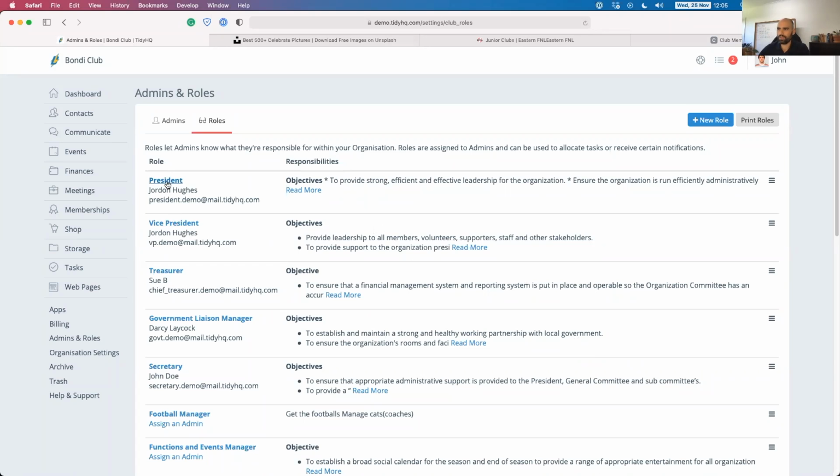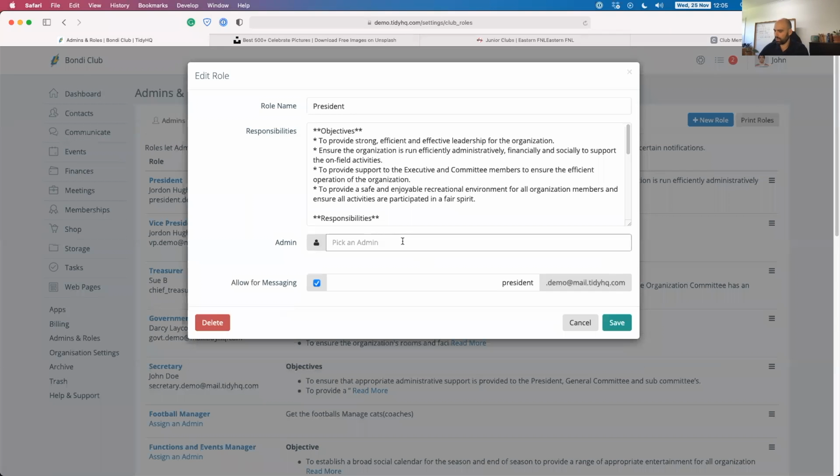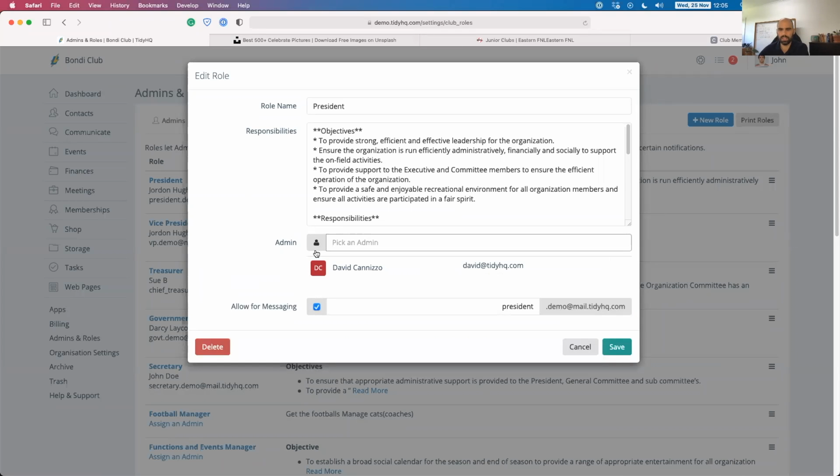As you go through, you can see that the president's currently Jordan. Actually, it's now David, once he accepts that invite. So I can instantly drop him into this role of president. I can also allow for messaging. So if an email gets sent to president at this email address, an email will automatically get forwarded to